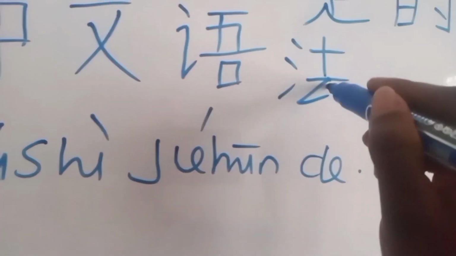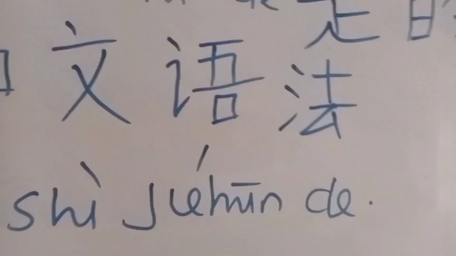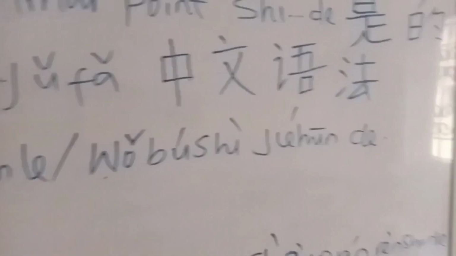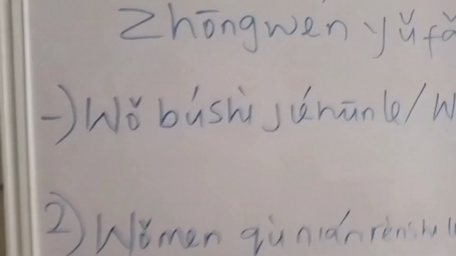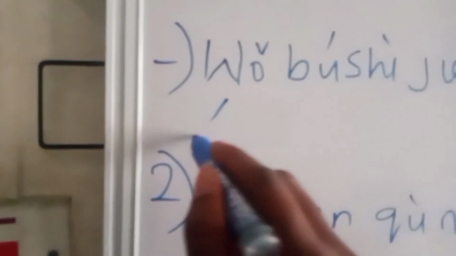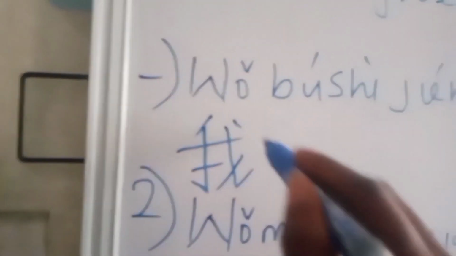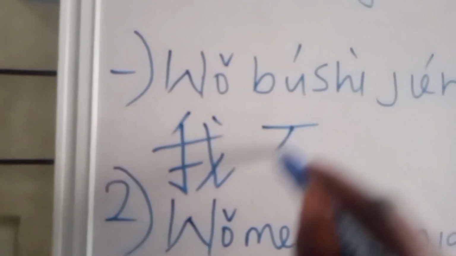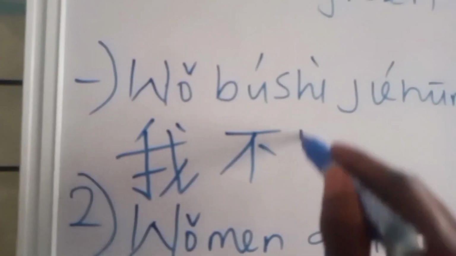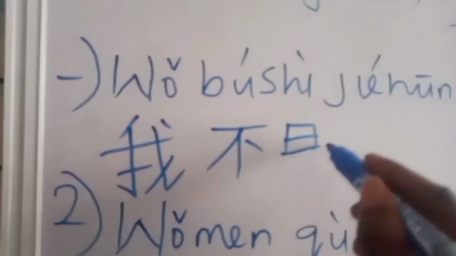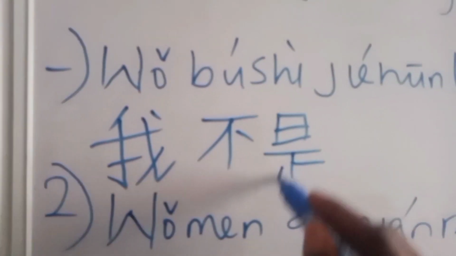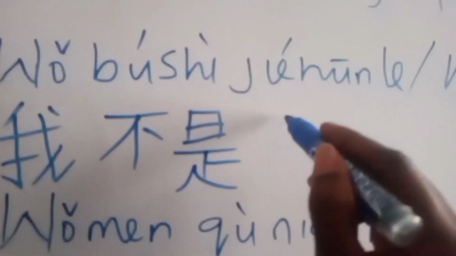And then this. So this is Zhong Wen Yu Fa. And we come here. 我不是结婚